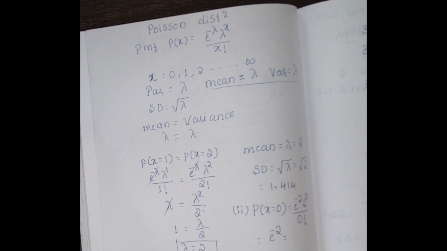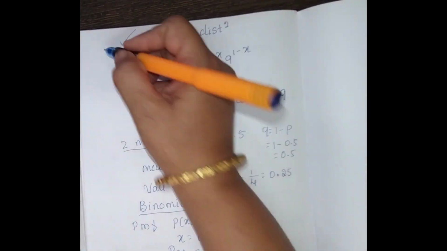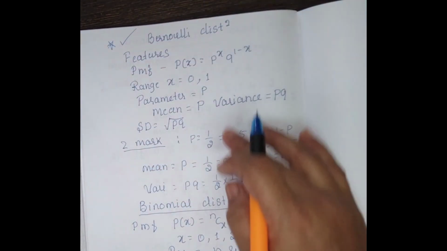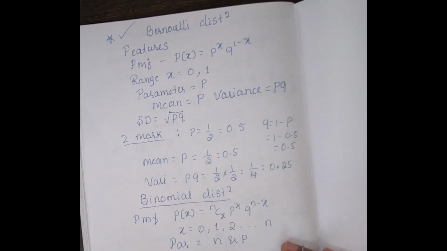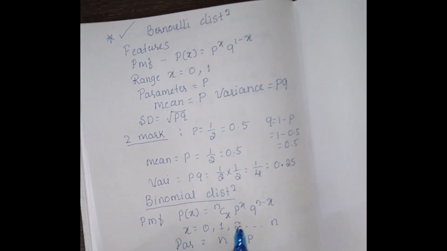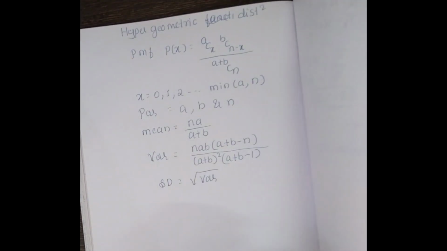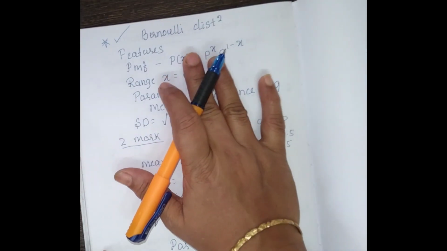These are the binomial, Poisson, and hypergeometric distributions, Bernoulli also. But Bernoulli is very important for 1 mark and 2 marks. They must and should ask one question. Here, for 1 mark and 2 marks, you get one question each. Bernoulli, they must and should ask in the examination. Okay, according to this you do it.